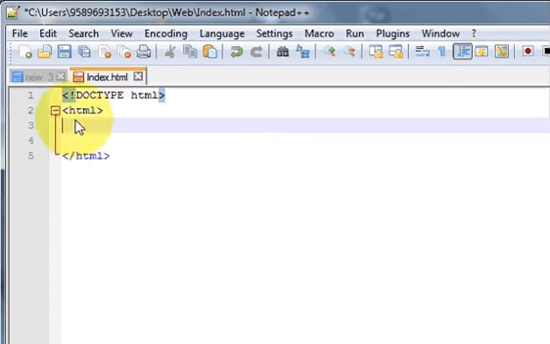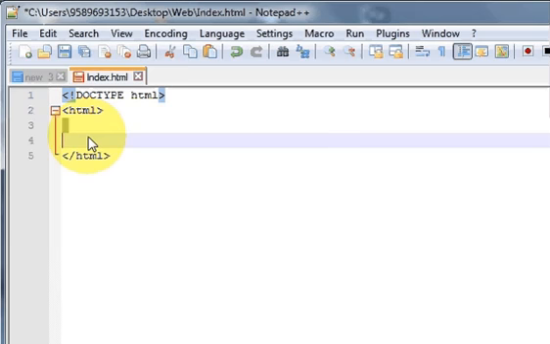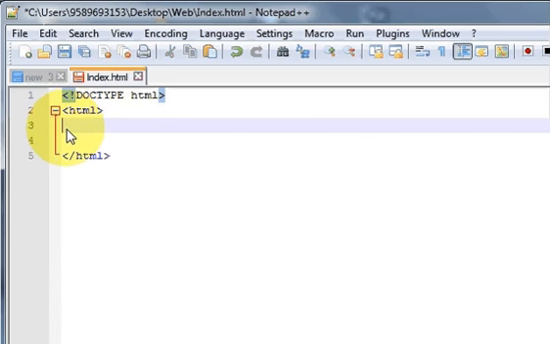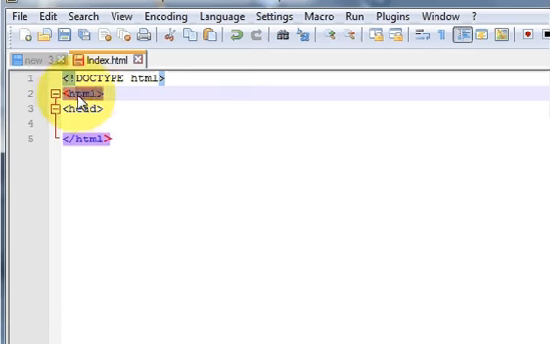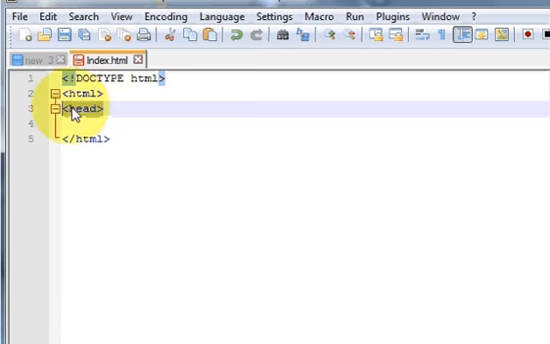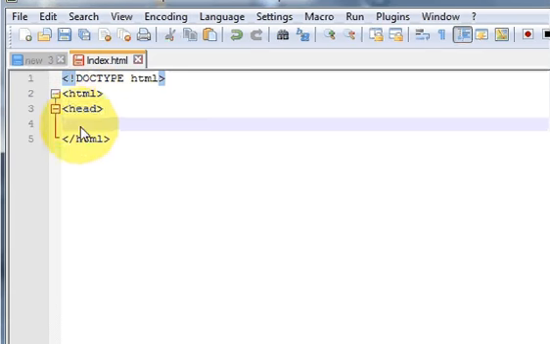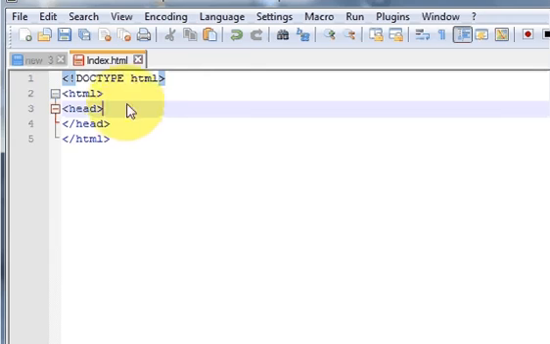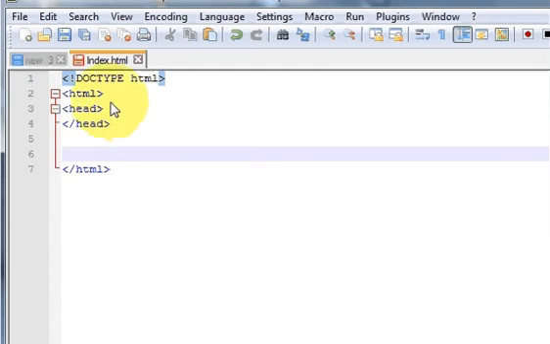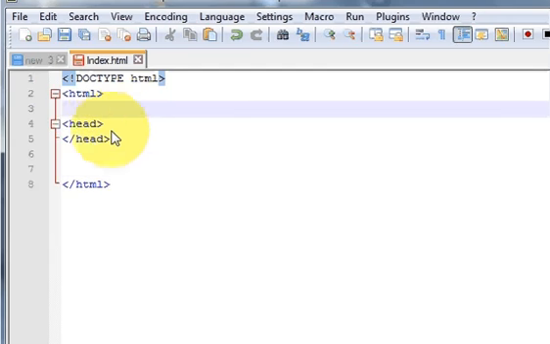Now your web page is made up of basically two areas. One is called head, and when you open any tag you need to close that tag too, like we have done with HTML. Opening is the simple name, and when you close the tag you just add this slash. So your HTML page is basically made of this head, in which your heading comes,